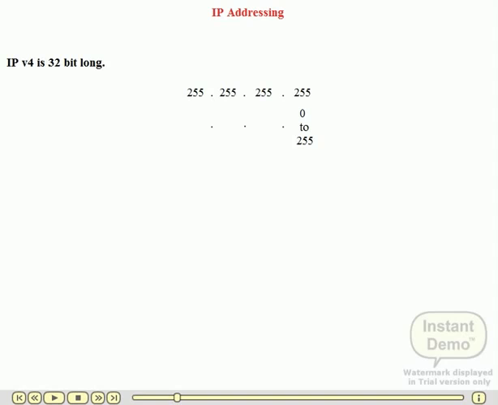You can use any value between 0 and 255. The second higher digit, here also you can use any value between 0 and 255. So here we make one block, 0 to 255, 0 to 255,